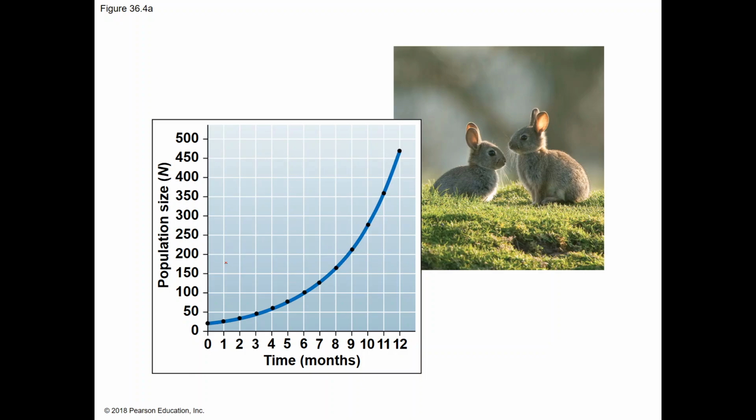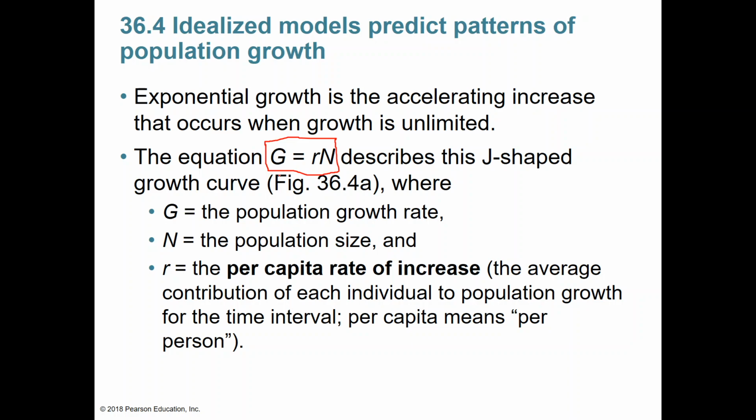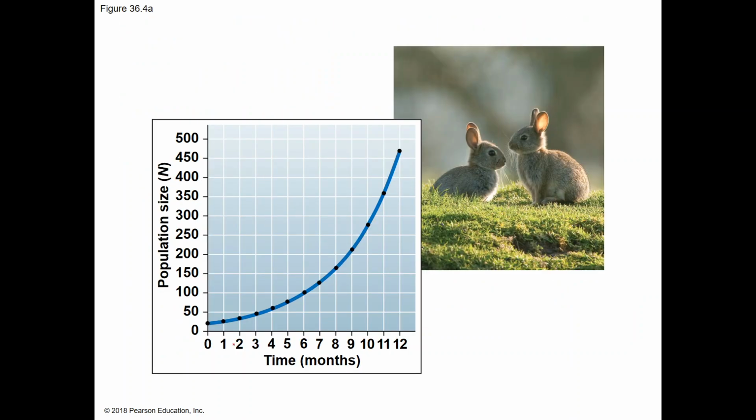Okay, so when a population is expanding without limits, that R remains constant, so that what we get is a curve. Going back to this equation here, we can plot the results of this equation over time as populations increase, and it gives us what we refer to as a curve. And you can see why they call it a curve. Sometimes it's a straight line, sometimes it's a jagged line. It's not always a nice even curve like this. This nice even curve is what we call exponential growth.